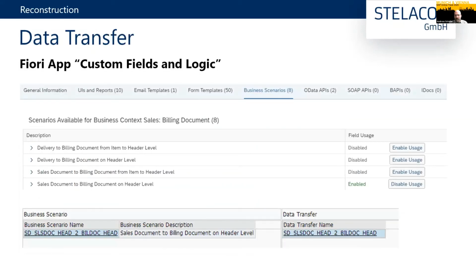And after you have enabled the fields in the transaction, then you can go to the app custom fields and logic, and then you can enable, for example, a business scenario, where you can also enable the field in a data service or in a UI. But if you choose the way to enable the field in a business scenario, then you are switching on the data handover from the sales document to the billing document. Because